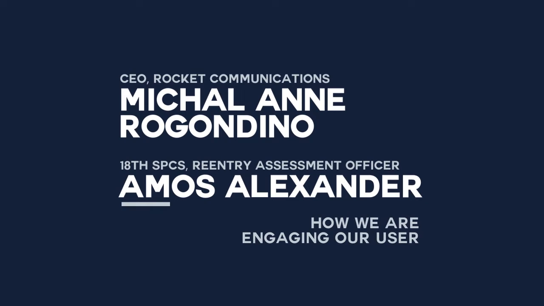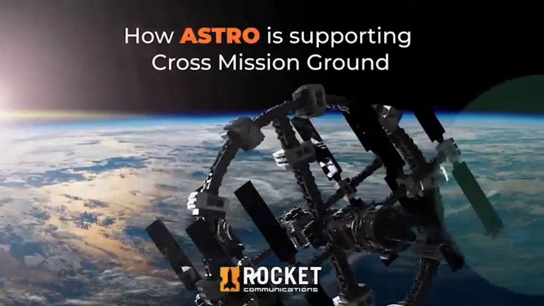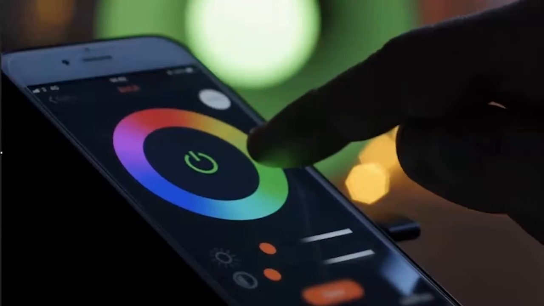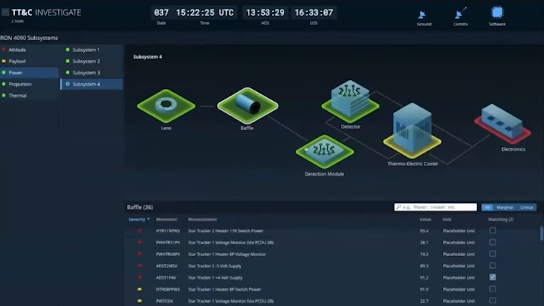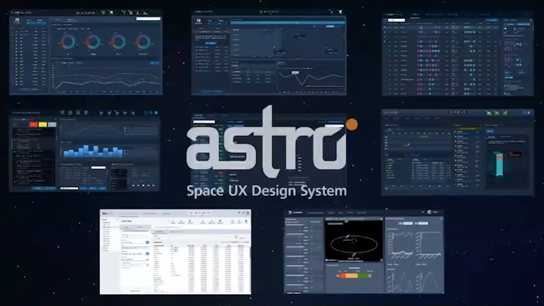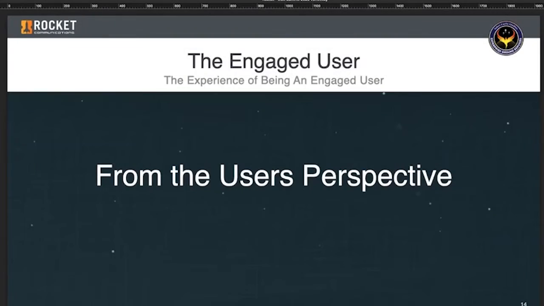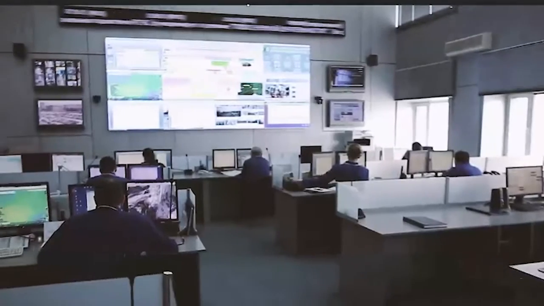We've been working with EGS creating the Astro user experience design system. It's really important to see how it works and then also how it's being used across ECX. I've got Mr. AMOS Alexander, and he has been working with us on Atlas. Yeah, from my perspective, I work at 18 Space Control Squadron.